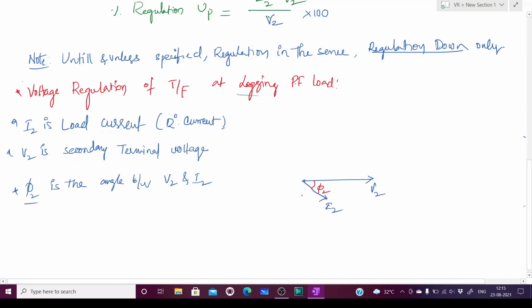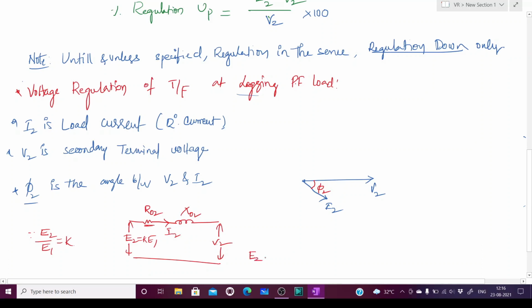So we are talking about the secondary circuit here, which will have its own equivalent circuit. Let us take the equivalent circuit referred to secondary, that is R02 and X02. You know how to take the equivalent circuit, right? Here this is called E2, which is equal to K times E1, because E2 by E1 is equal to transformation ratio K. This is secondary current I2, this is terminal voltage V2, and this I2 lags this V2 by phi.